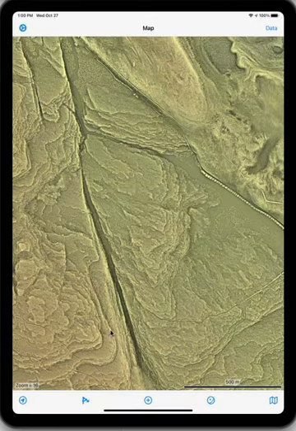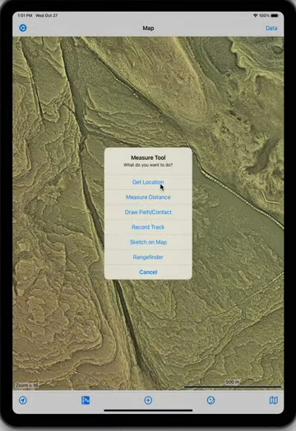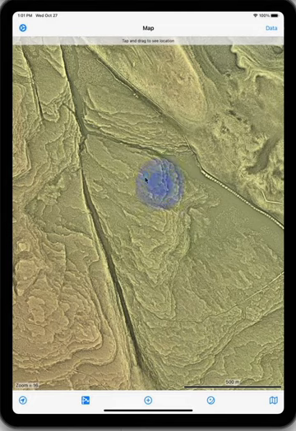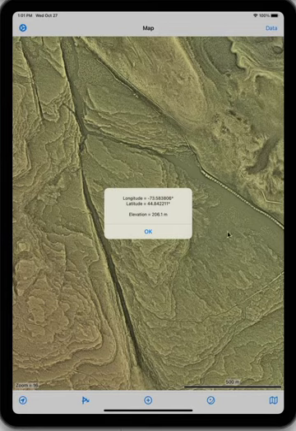In the bottom left corner of the screen is the zoom level. You can see we're zoomed in to level 16, and a scale bar is shown in the lower right. This next icon, this funny angle arrow icon, gives you access to a variety of measurement options. You can do something as simple as get your current location. And I simply drag this around, and when I let it go, it shows the latitude, longitude, and elevation at